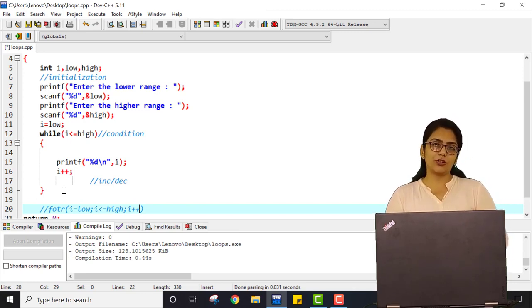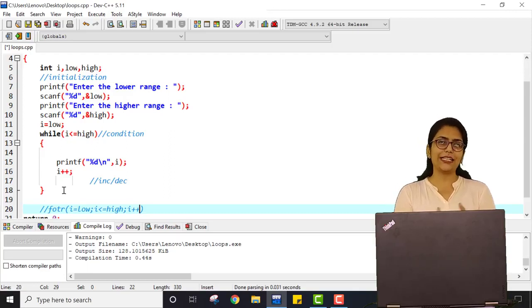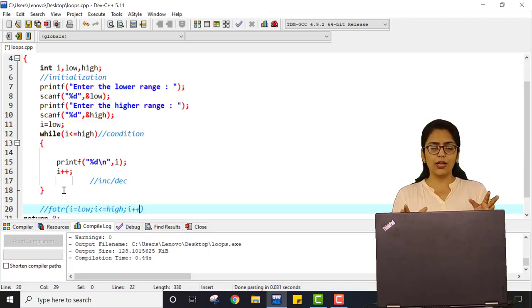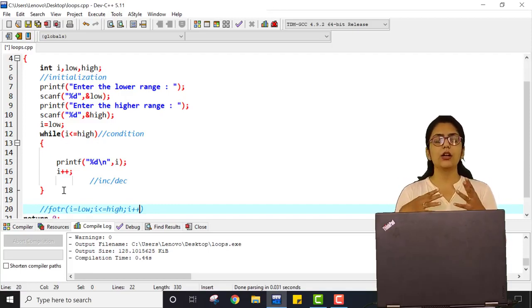Now in the next lecture I will be talking about do while loop. What is the do while loop? It is an exit control loop. So it is a little bit different than entry control loops, say for loop and while loop. But you can achieve the aim whatever you are achieving with for loop and while loop using do while loop. Now I'll show you how you can perform a program using do while loop.